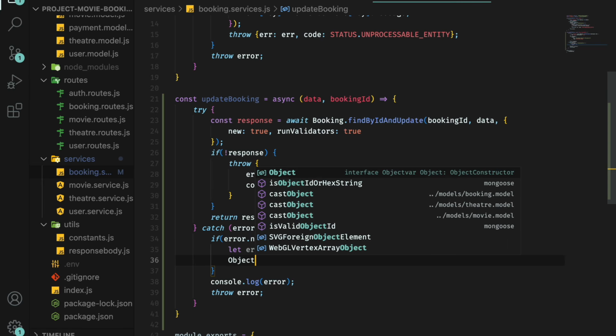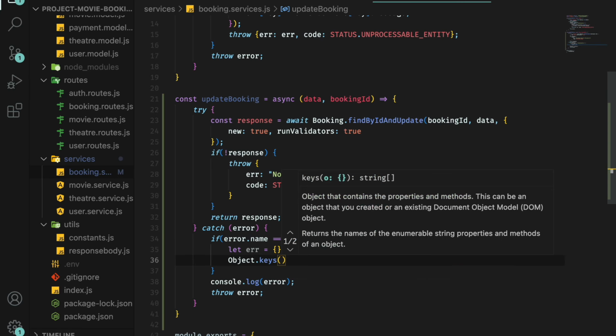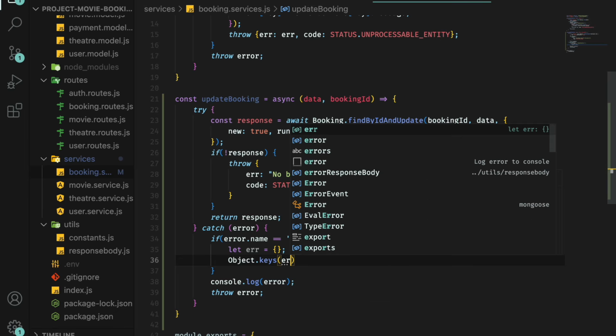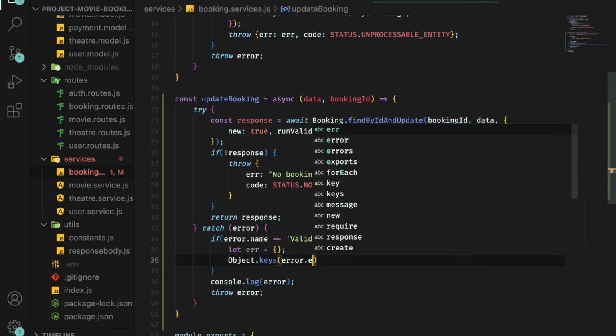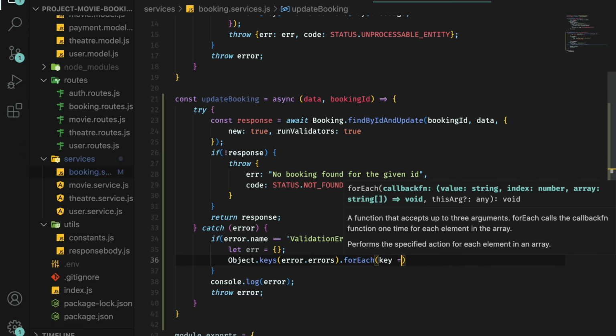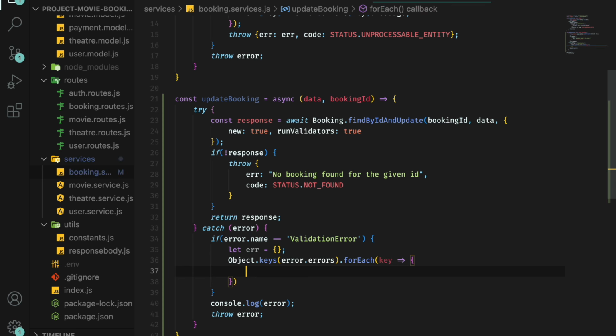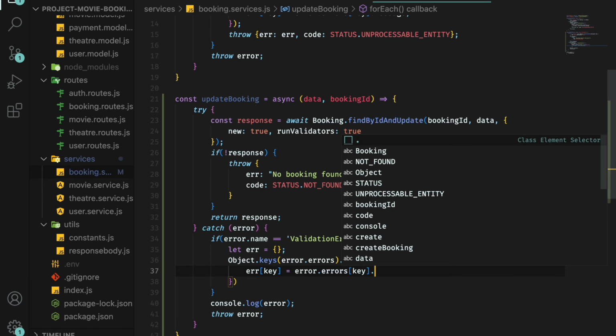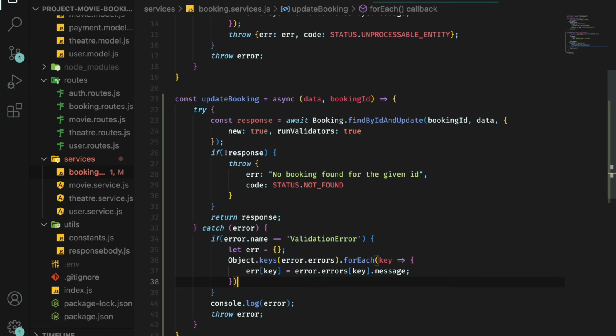We are going to iterate using Object.keys over error dot errors parameter. We get an array, so we'll apply a forEach on all the keys, and we'll say error of key is equals to error dot errors of key dot message,